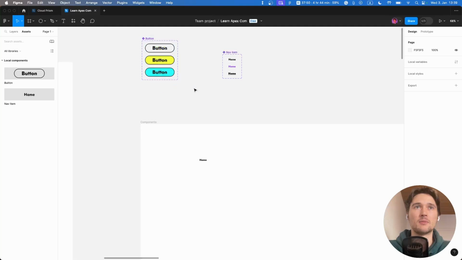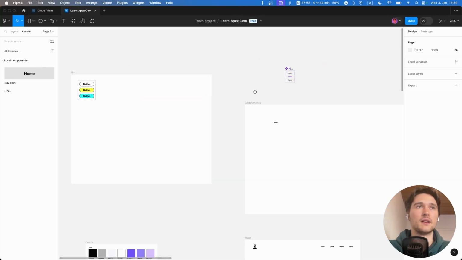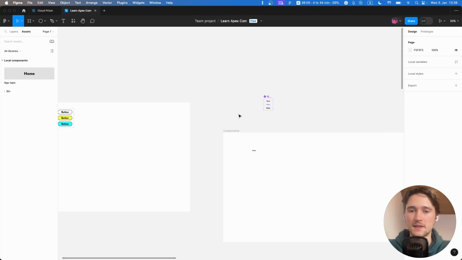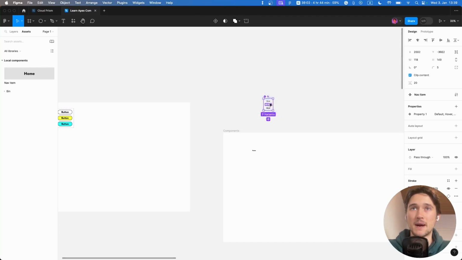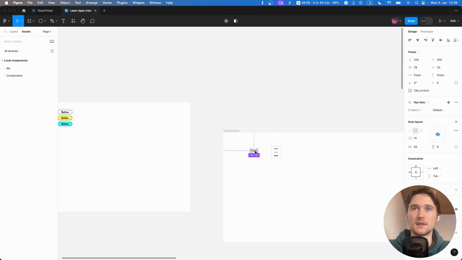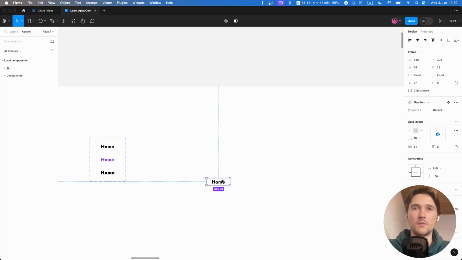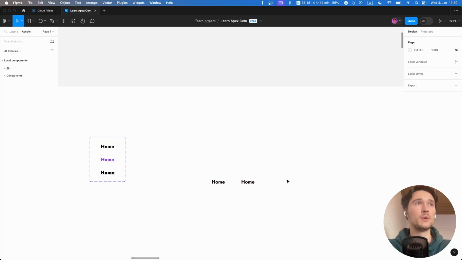So I think I'm gonna keep this in the bin. This is kind of the, oh come on, how can I try? Yeah. Bin, this is where I'm gonna just save everything that I don't really need, but I might need it. And I'm gonna put this into the components, and this thing, that's gonna be only one of the one part, right? So now I need to duplicate it, and the best part about Figma is that if you duplicate it,